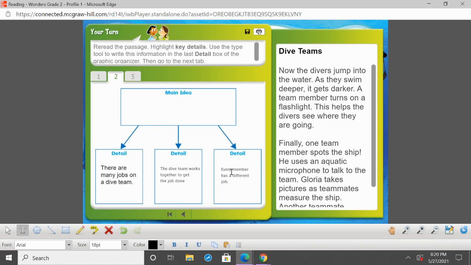All right, so what we need to do now is look at our 3 key details. Let's reread them. There are many jobs on a dive team. The dive team works together to get the job done. Every member has a different job. So one thing I notice here is that there's a lot about jobs, right? That everyone has a job. There are many different jobs. And I also see that everyone works together so that they can help achieve the goal or the bigger job that needs done. So I think the main thing that we learned, the main idea from this passage is that